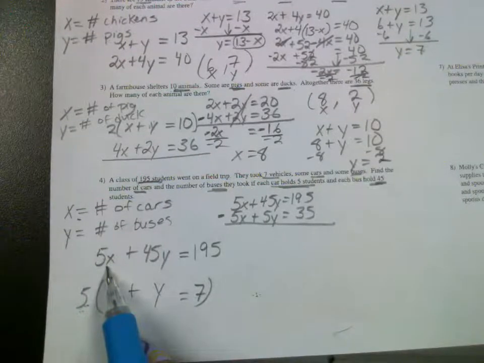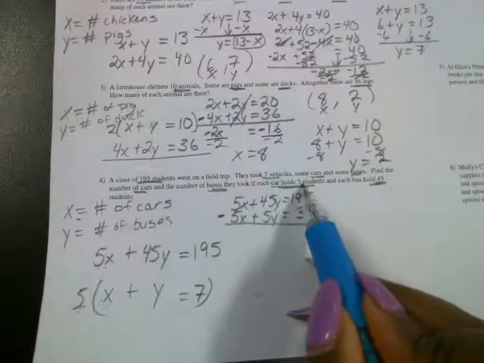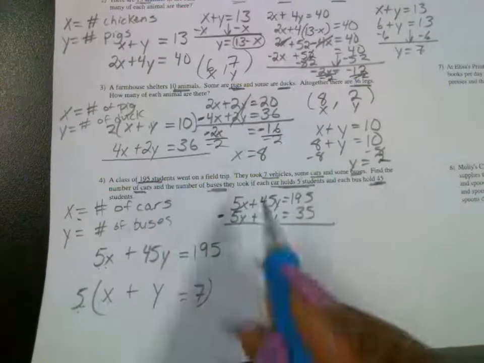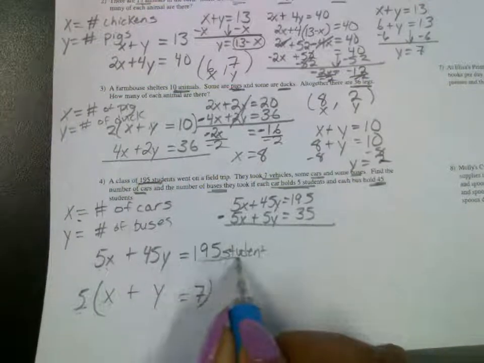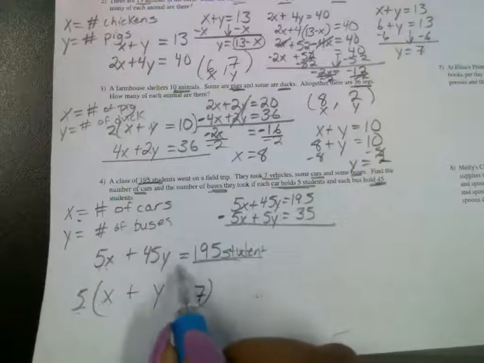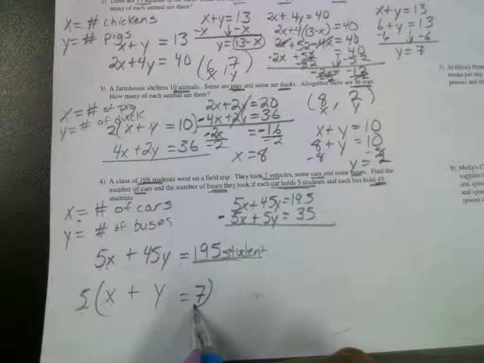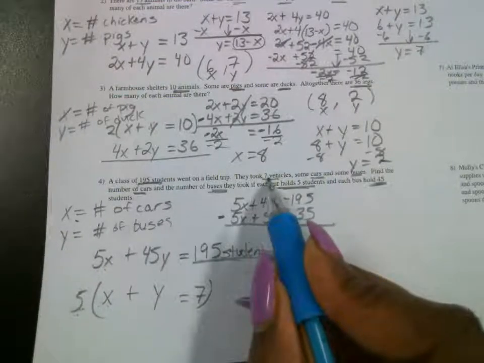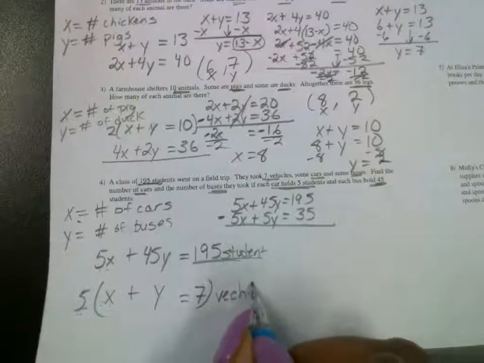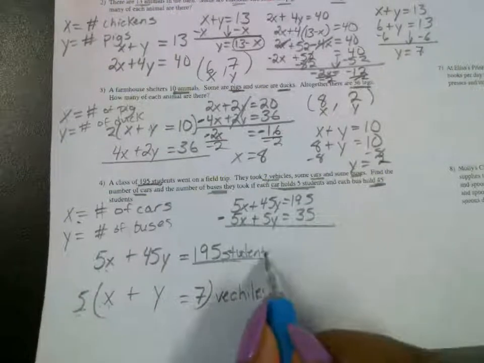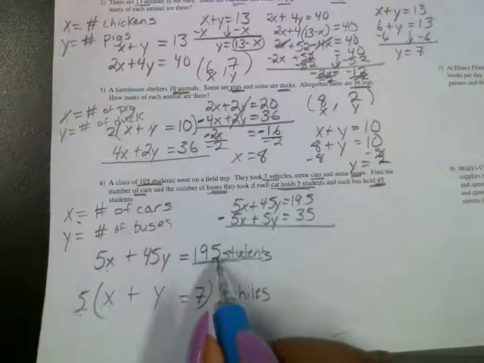This equation right here? Okay, so the 195 in the problem represents the number of students. First, the total is this many students in all. Does that make sense to you? Since it's the total, whatever this is equals 195. The second total is 7, which I got from the problem because it's a total of 7 vehicles. Do you understand where I got the totals from?